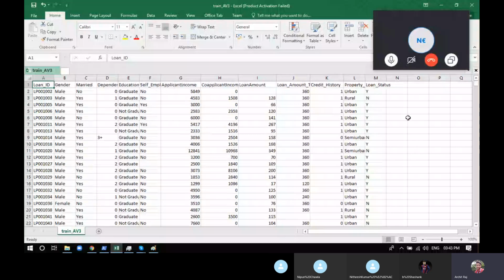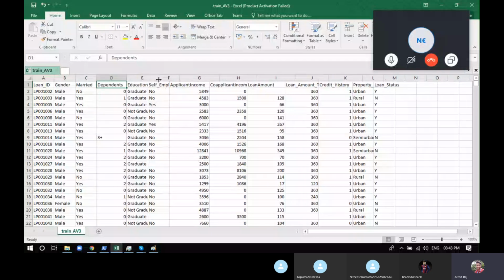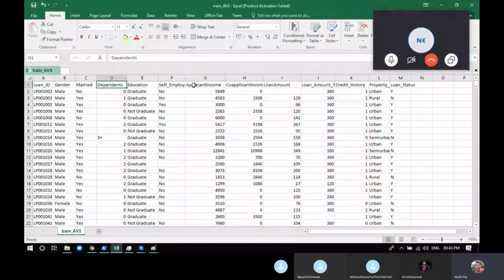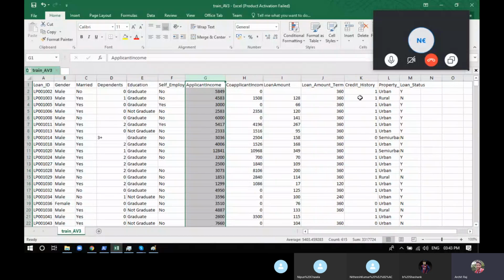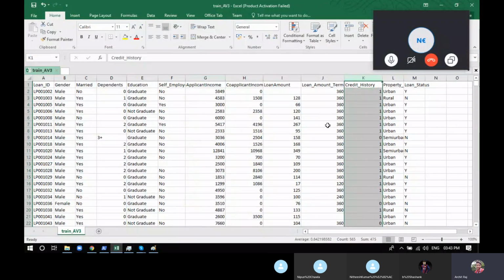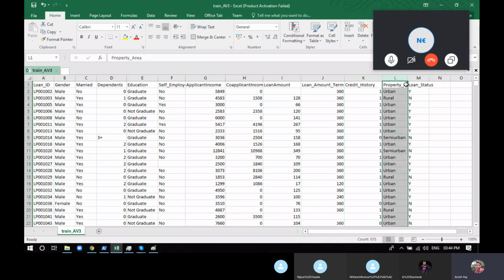For each and every customer or applicant, you have their gender, if they're married or not, dependents, like how many people are dependent on them, their education, like graduate or not graduate, if they're self-employed, their applicant income, their co-applicant income, the loan amount they're asking for, the loan amount term, like for how many days they are asking for, the credit history, like whether before that they gave back a loan or not, and the property they are claiming the loan upon, whether urban or rural.